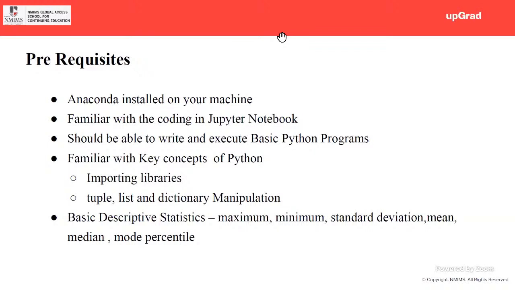There are a few concepts I'll be needing: importing the libraries and how to do list, tuple, and dictionary manipulations. In case you don't remember it, just revise those concepts, given half an hour or so, and revise them for the next live sessions.